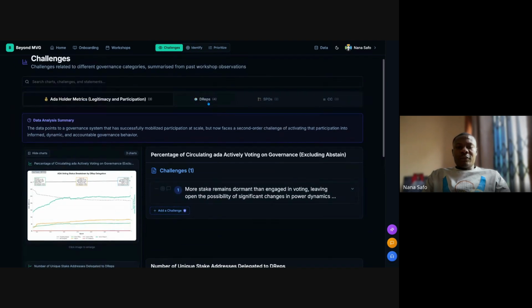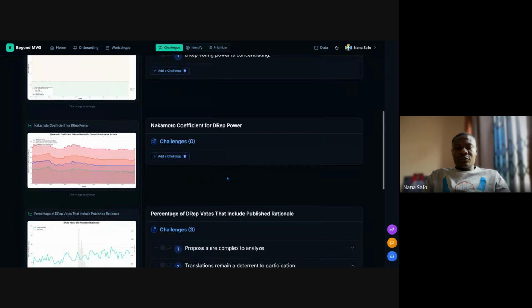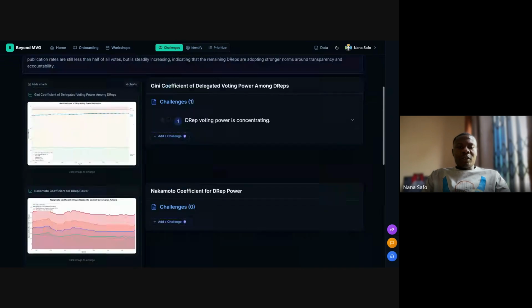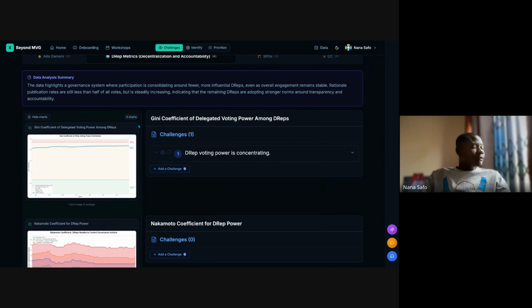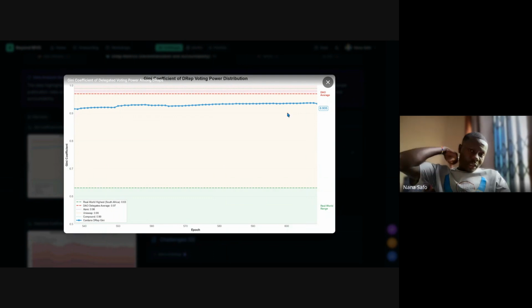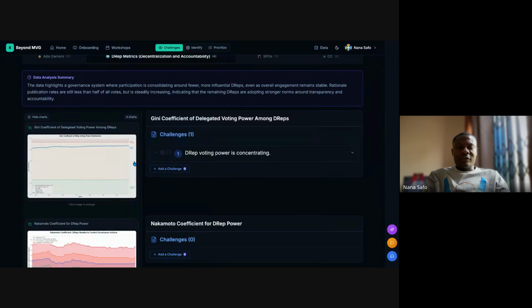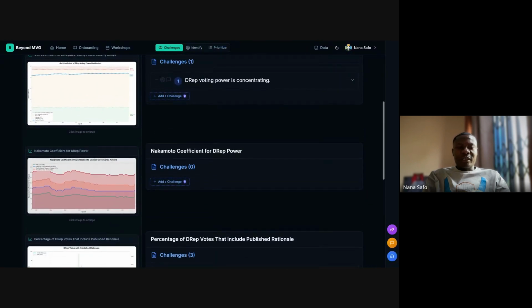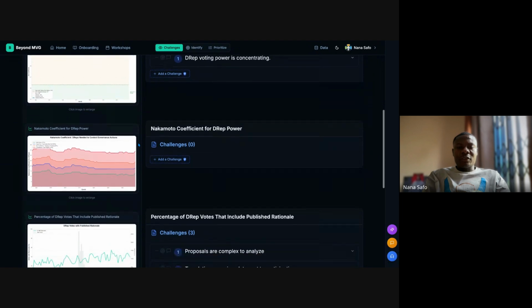And then for DREPs, there are about 4 challenges that are open. If you look at it, here's how these challenges came up. If you look at the left side, there are some charts here, which when you click gives you a pictorial view of what is happening, I think since January last year to January this year. These have been generated by Keneric to give us a pictorial view of what is happening.